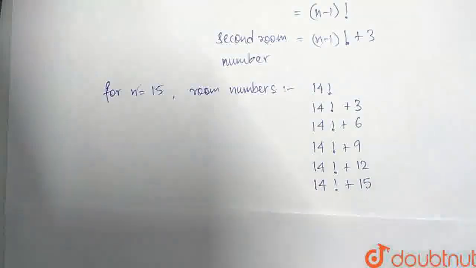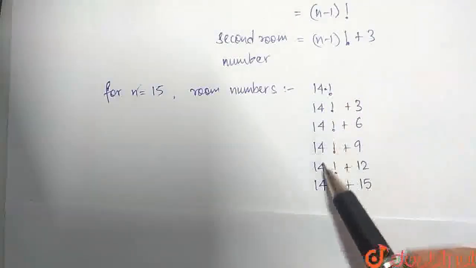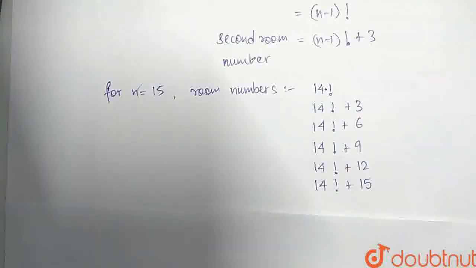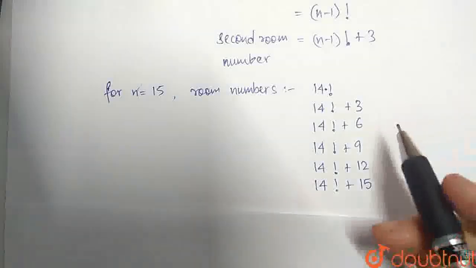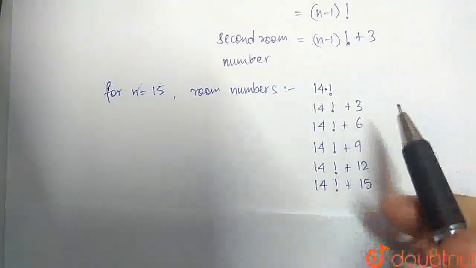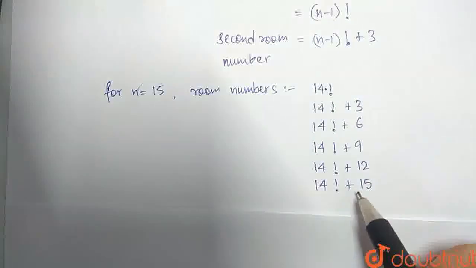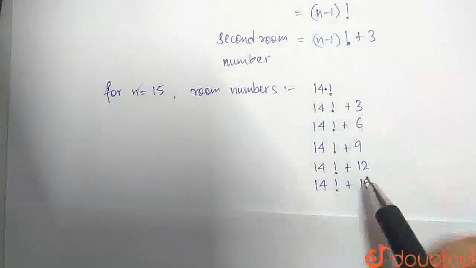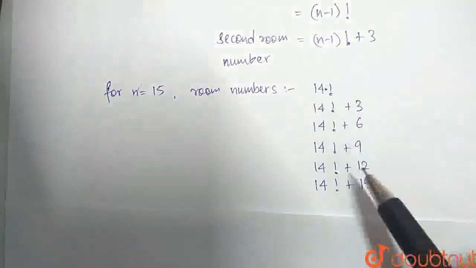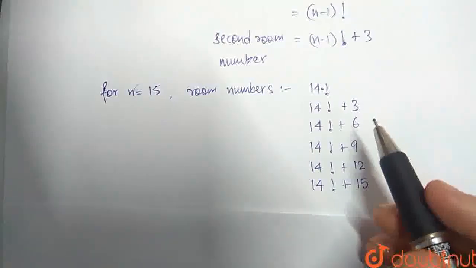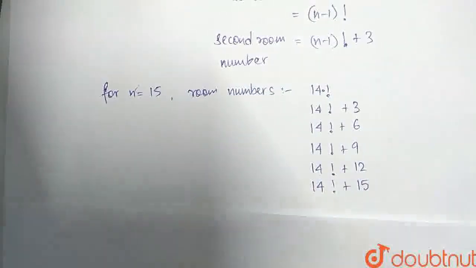So here we have 1, 2, 3, 4, 5 and 6 room numbers. Now we need to find out of these 6 room numbers which one is prime and how many of them are prime actually. So the definition of a prime number